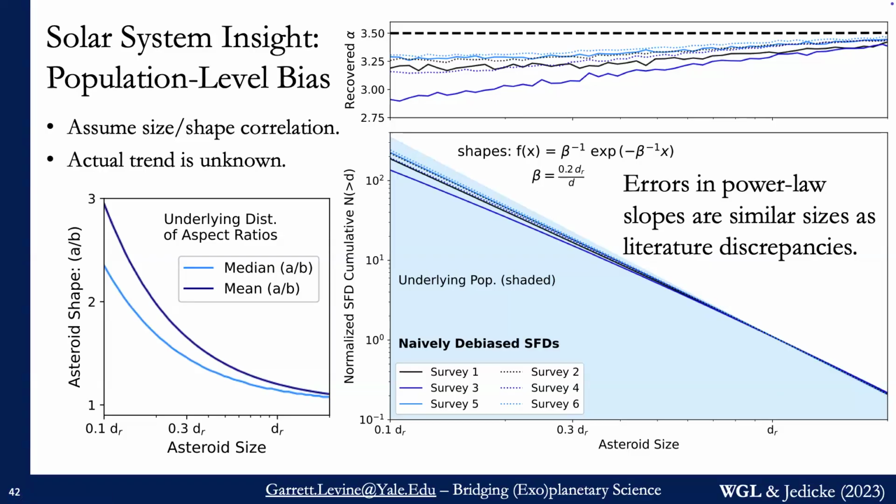And so we suggest that asteroid shapes, even the much less elongated shapes that we have in the solar system, could be causing these long-standing discrepancies in the literature and could bring these size-frequency distributions back into agreement. So that's the current focus. What I've been working on for small bodies is debiasing the size-shape correlation and then seeing at a more quantitative level if we can bring these